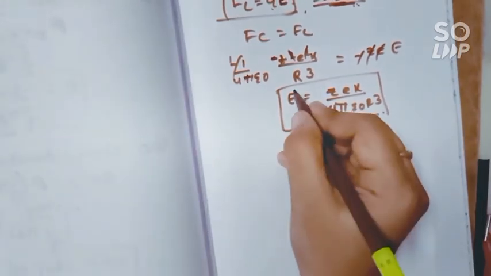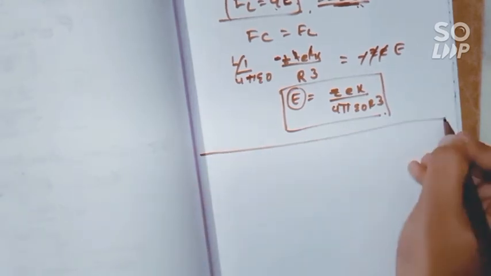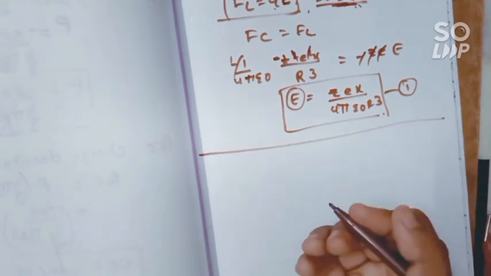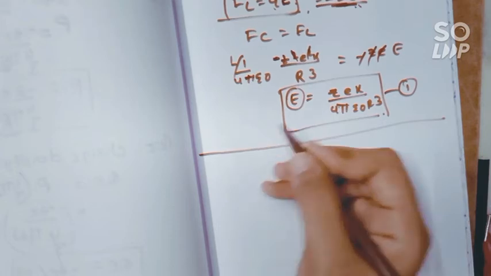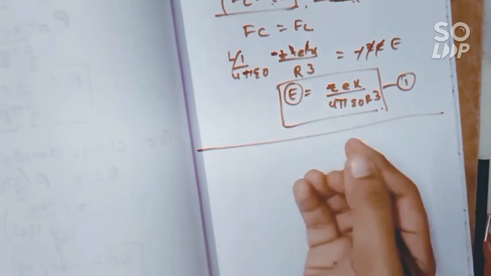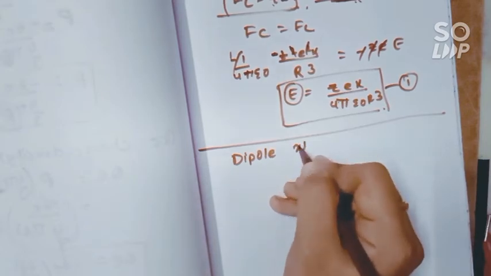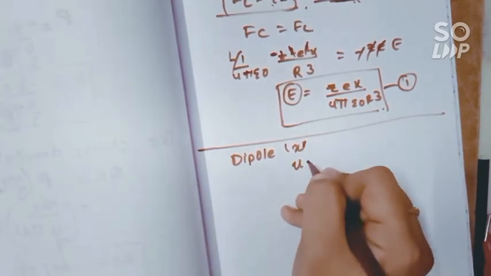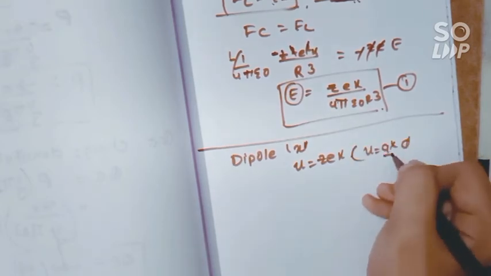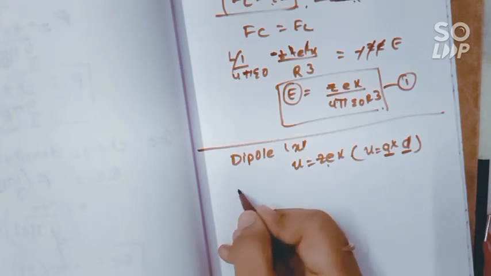Now we have got an electric field. Now we need to find the relation for dipole moment. We need to remember this E; it is used later to find polarization and polarizability. Next I am taking the dipole moment. When the charges are separated by a distance x, mu is equal to ZE into x. Why? Mu is equal to Q into d, and Q is Z into E, and d is x. We substituted that.